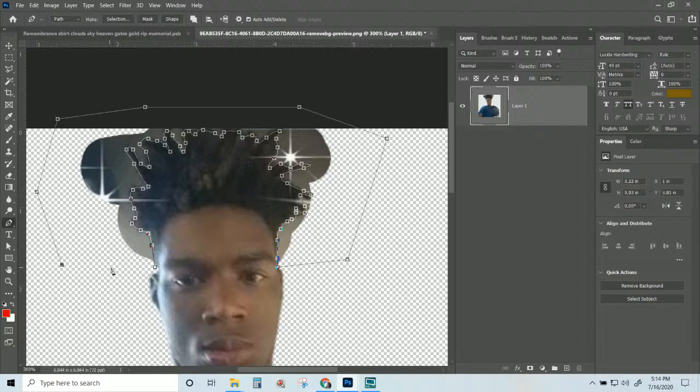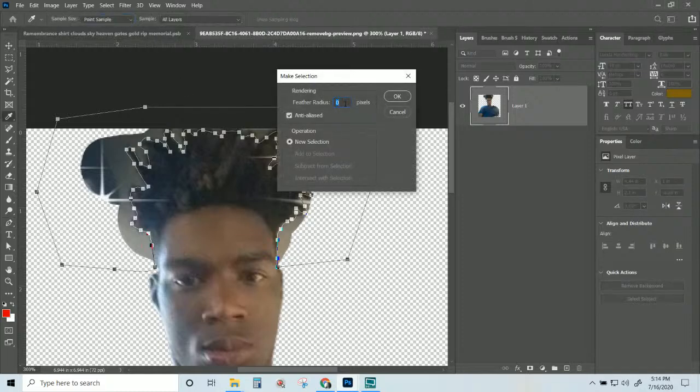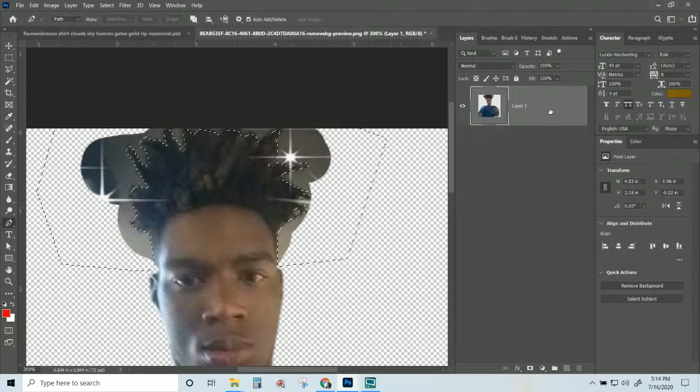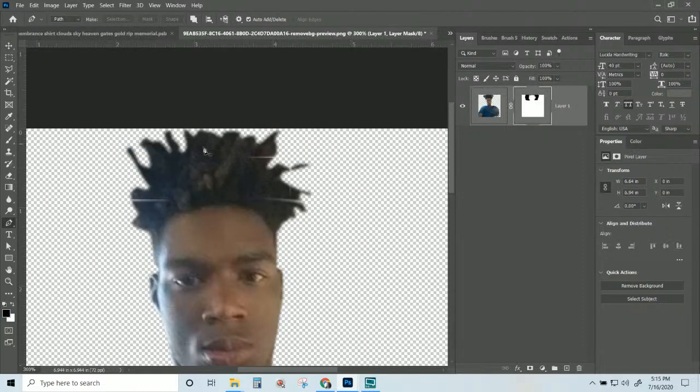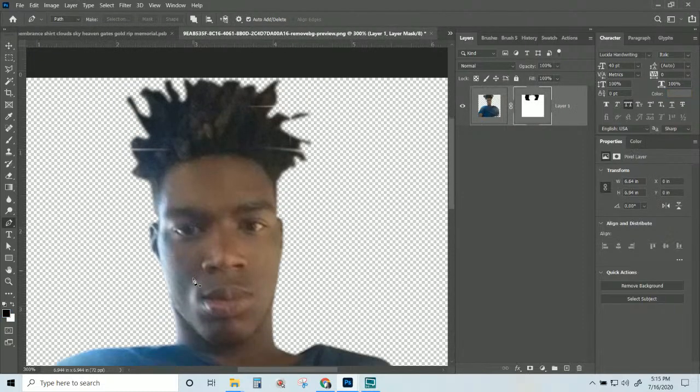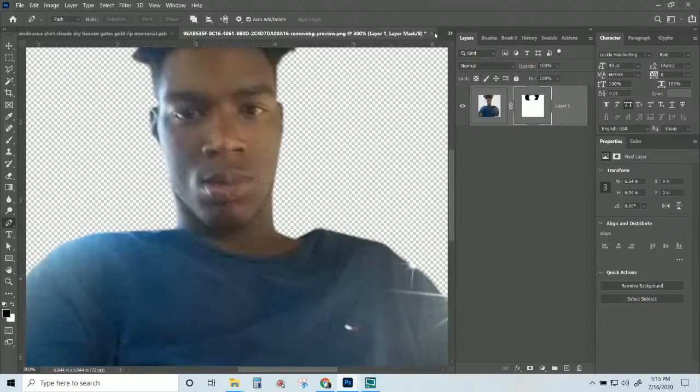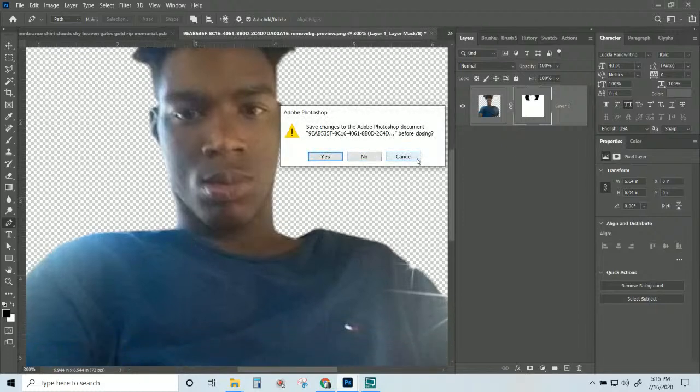and I'm just going to select the outside of it. I'm going to turn it into a selection so that it turns into my marching ants. I think for the feather radius I'm just going to do 1. Just 1. Let it feather just a little bit so we don't have a really harsh transition. And then I'm going to let's do a layer mask, but instead of a regular layer mask, I'm going to do a hide selection. That means it's going to hide just the area that's selected, and that looks a little more like it. So if we are to close out of this,